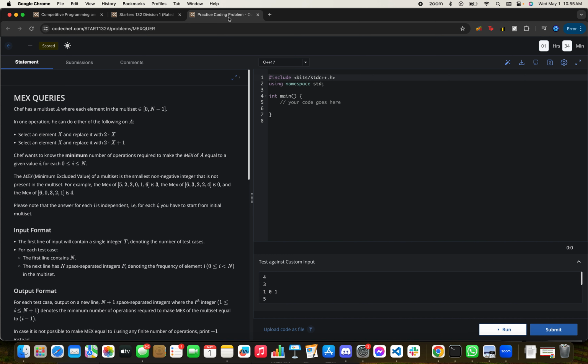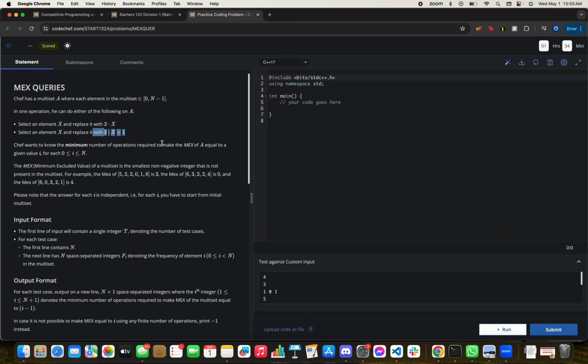Chef has a multiset A where each element is in the multiset is in that range, right? X becomes 2x or x becomes 2x plus 1. You want the mex to become this. Okay. Meaning that you want to cover everything below but not touch this, right? Interesting. So I think for one, if there's a 0 in there, keep the 0. If there's a 1,